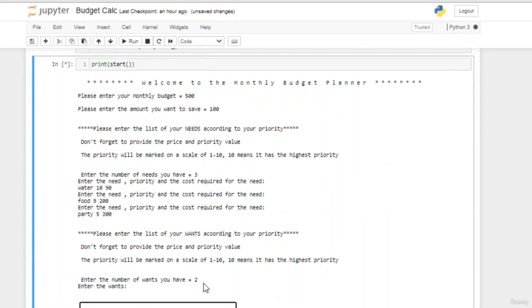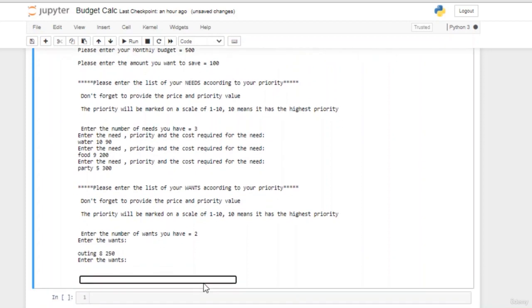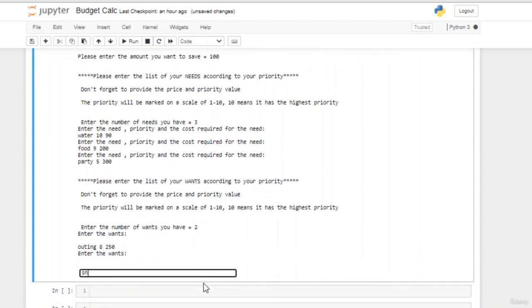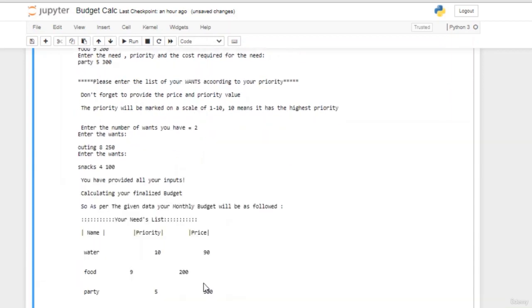Let's give the priority as around the next one. Same, we will give a priority of. Let's give the as a hint. Now,